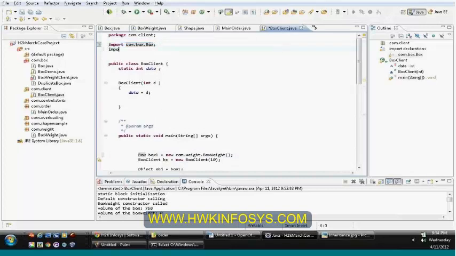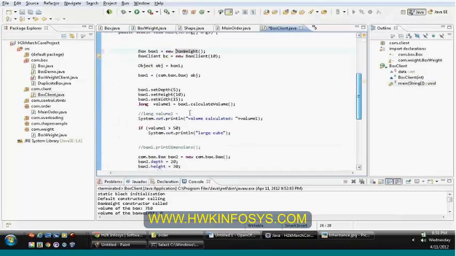Even for weight also, com.weight.box weight. I can remove com.weight. This one also I can remove.